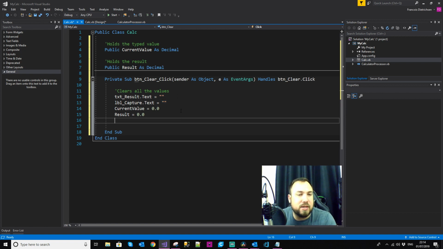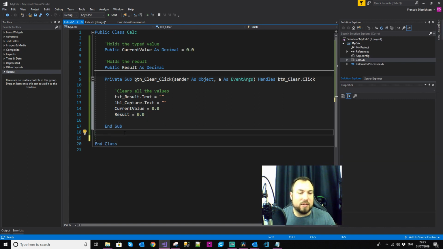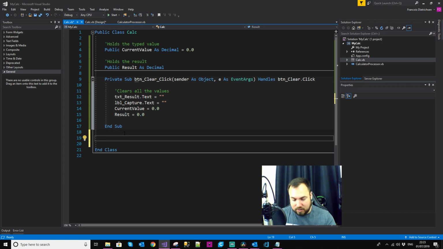Okay, this means that every time I click the button, it is going to change the text in both of our result and capture values to nothing. It's also then going to change the current value and the reset value to zeros. So what I want to do is create a little sub that will do the calculation for us. I'm going to go private sub